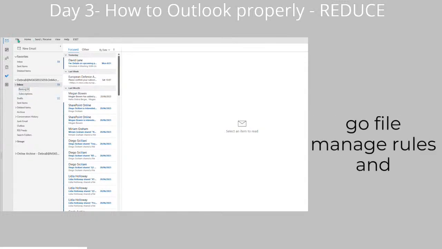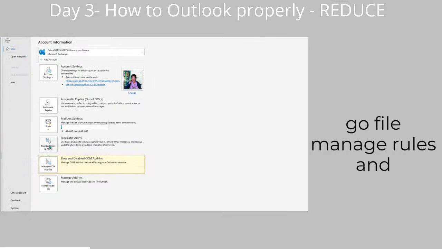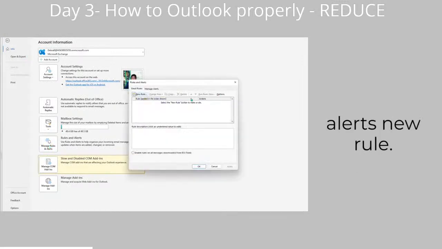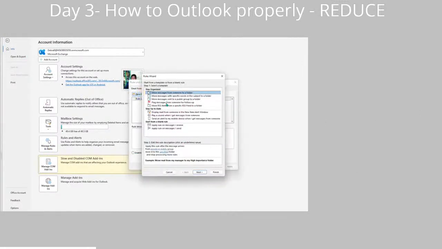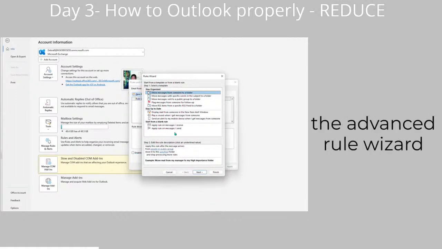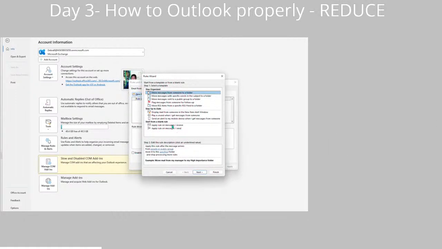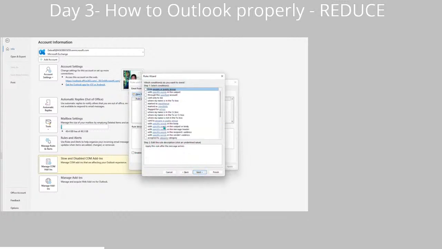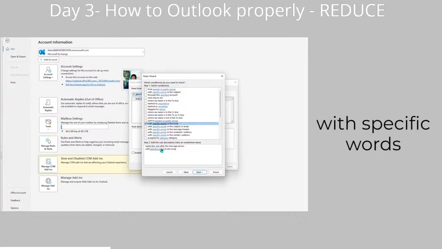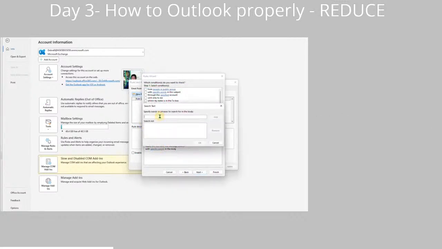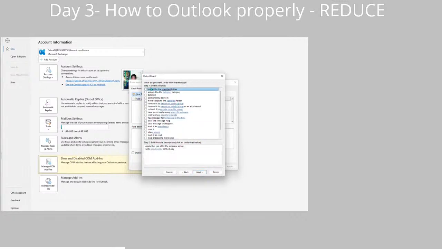And then we're going to go File, Manage Rules and Alerts, New Rule, because this takes us to the Advanced Rules wizard. With specific words. Unsubscribe. Add. Okay, next, move it to a specified folder,